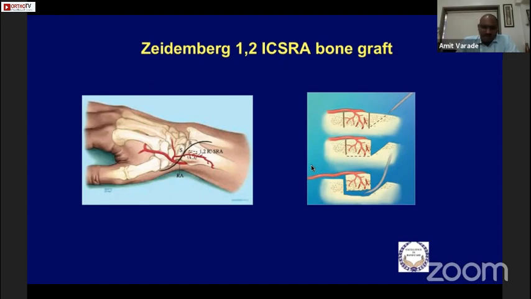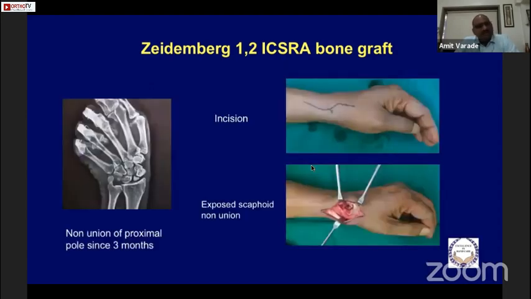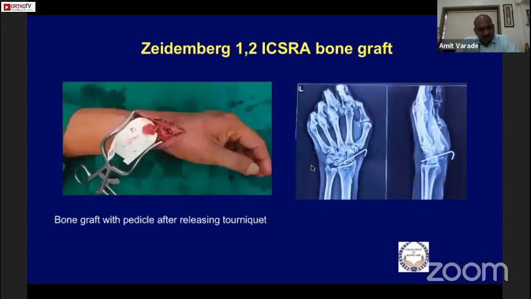So we'll see in this case, this patient had a non-union of the proximal pole for 3 months. It was approached from the dorsal side. We can nicely see the exposed scaphoid non-union site. Then this graft was harvested from the dorsal distal radius, and after releasing the tourniquet, it was bleeding nicely. It was fit into that non-union site and fixed with a K-wire because the size of the proximal fragment